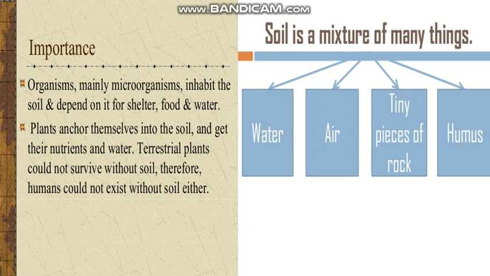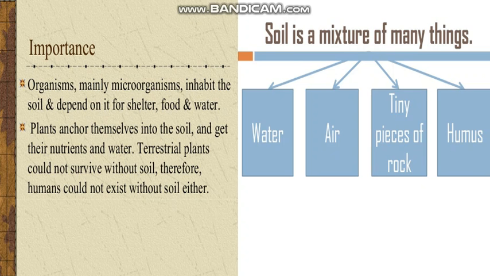We know water is present in the soil. When we weigh it first, it is heavy. When you heat it, all the water evaporates, because when we heat a liquid it changes into gas. So water will change into water vapors and evaporate, and only soil will be left. When we weigh it after heating, less weight of soil is present. So it means water is present in the soil.